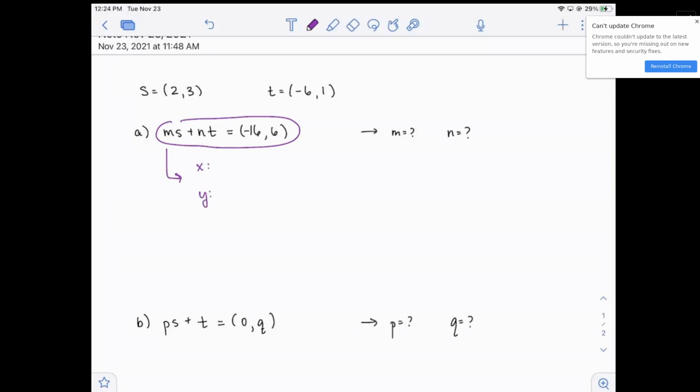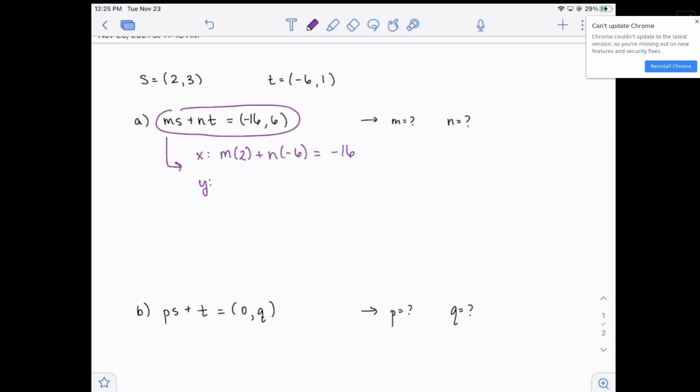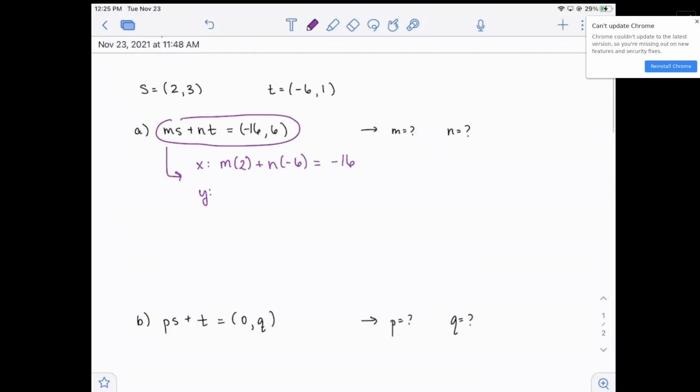So if we look at the x components of these vectors, it says that m and n are constants. So we would have m times the x component of the s vector, which is 2, plus n, also a constant, times the x component of the t vector, which is -6. And that should be equal to the x component of our final vector, which is -16. So right now we can't solve for either m or n because we only have one equation with two unknowns in it. So then we need to look at the y version of this equation,